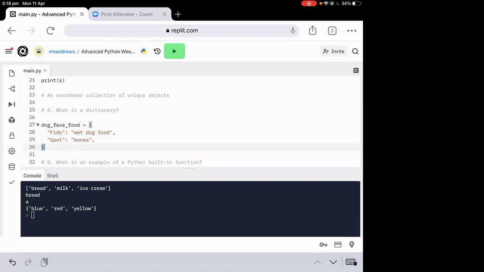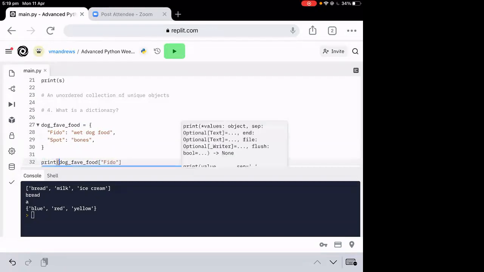And the other thing about the dictionary is that, similar to a list, you know how in a list you can access stuff by something in square brackets. Like if this was a list, then you have the 0, 1, 2 elements. Here you can actually access stuff by key, like this. So if I printed this,